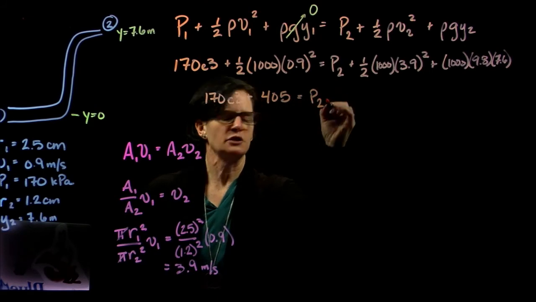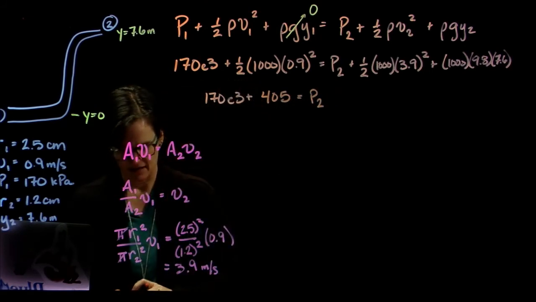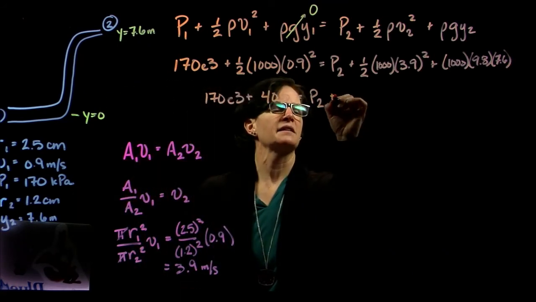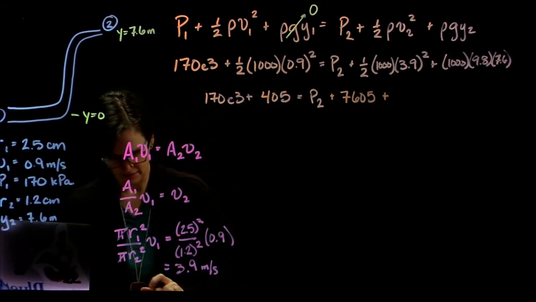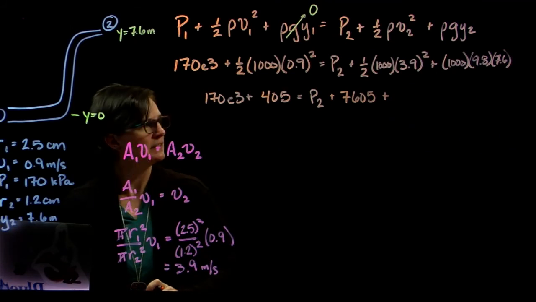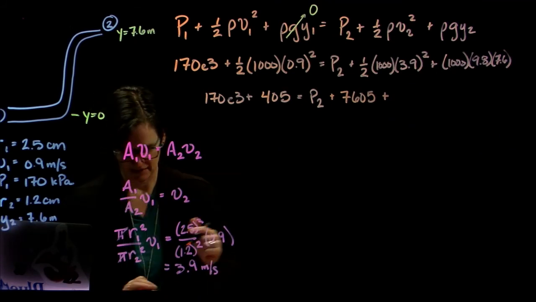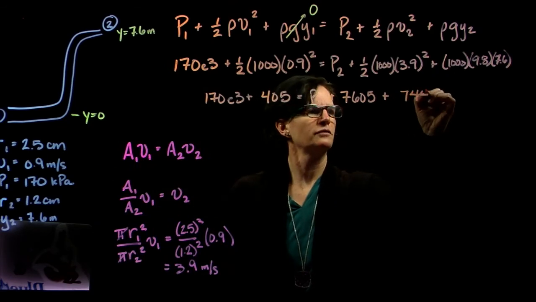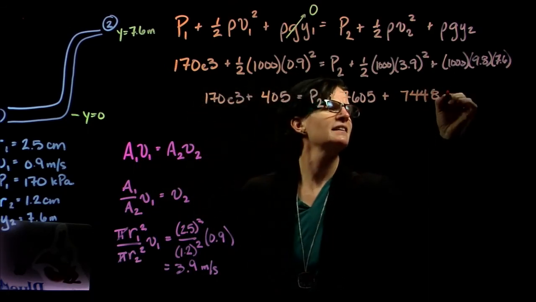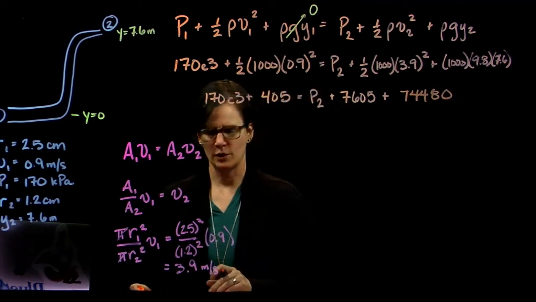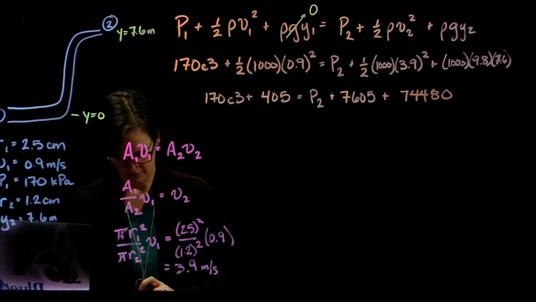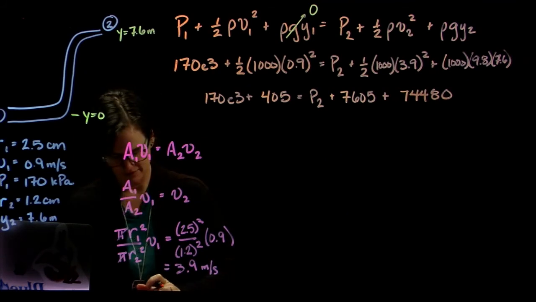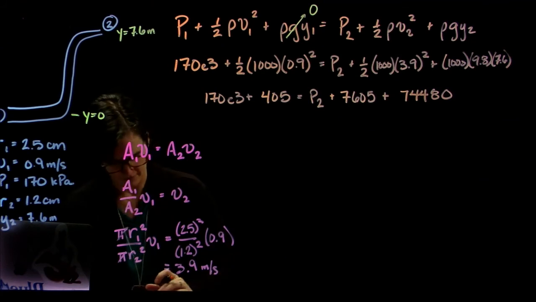That equals the pressure at 2 plus 0.5 times 1,000 times 3.9 squared, which is 7605, plus 1,000 times 9.8 times 7.6, which is 74480. So now we're going to solve for P2. So 170 times 10 to the third plus 405 minus 7605, not 76.5, 7605,